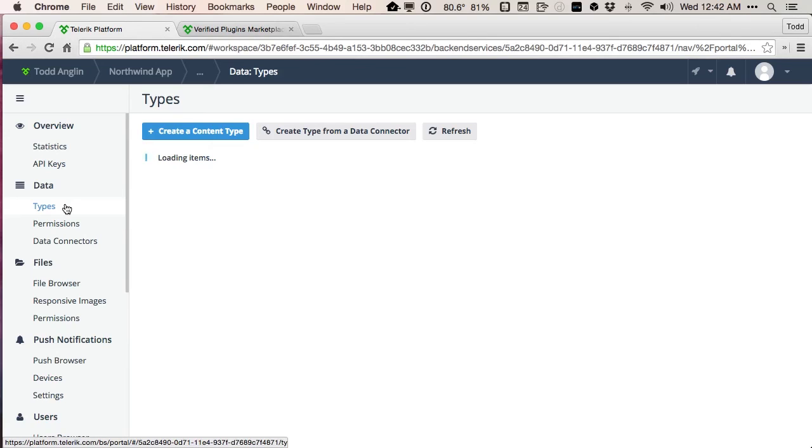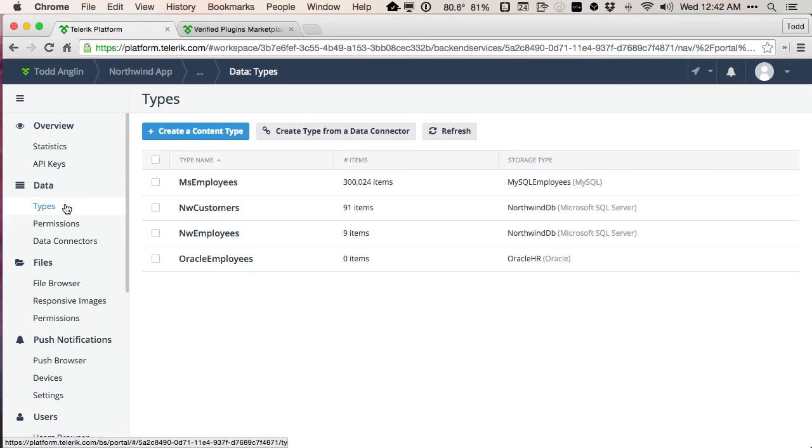So the tables, the views, the stored procedures, and the specific fields from those objects that you want to have that RESTful API provide to your mobile applications. I've decided to expose two types from my Northwind database, customers and employees. And so we've got that link established. We've